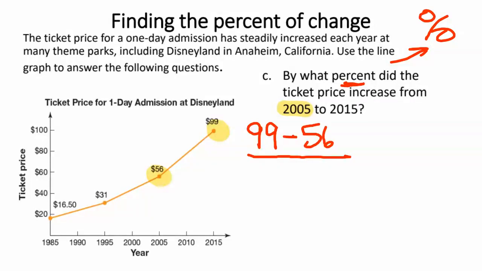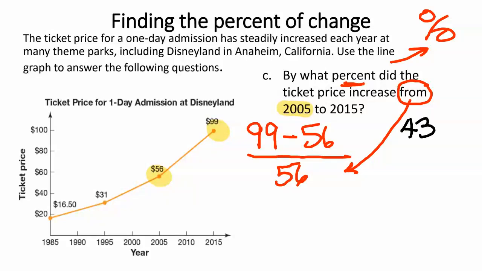Now the key is from. From is my denominator. Find that lovely word from. And when I take 99 and subtract 56, I am getting 43 over 56. When I divide 43 by 56, I get the decimal